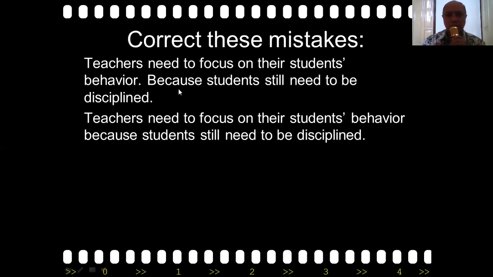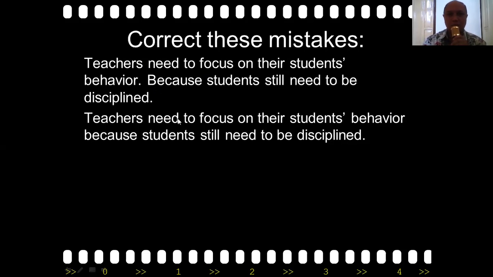Why? Because you have the word because here as a subordinator. This clause here is a subordinate clause, and because it is a subordinate clause, it must be connected to the previous clause. The previous clause is the main clause, and then you have a subordinate clause here. Therefore, you cannot separate the two with a period, but you have to join them using a comma, or you join them by dropping the period here.